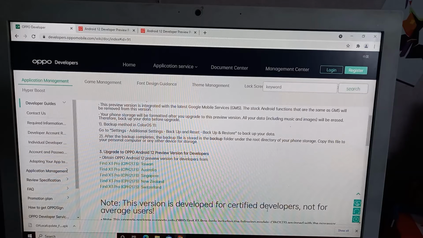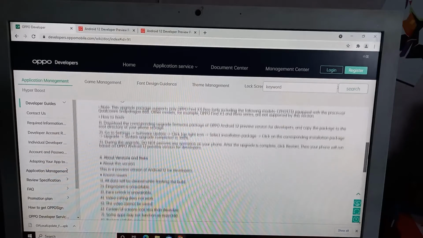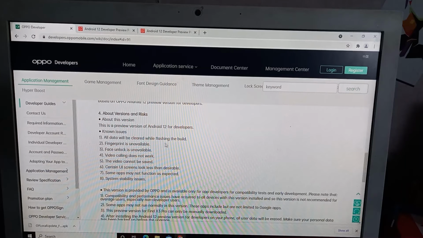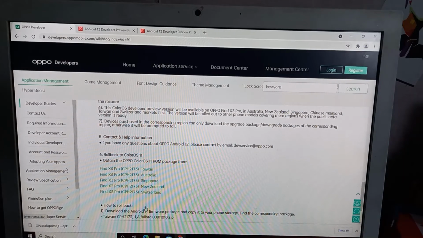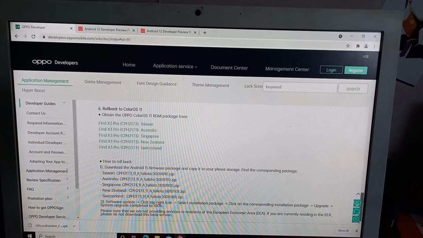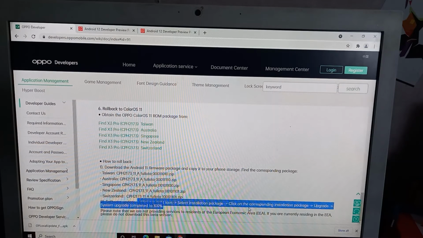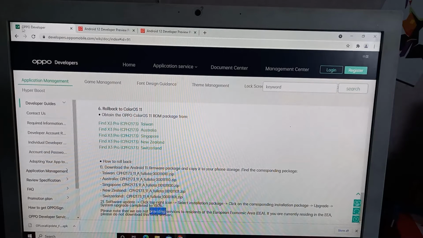And there is also a note: this version is developed for certified developers. Here are some risks: all data will be cleared, fingerprint unavailable, face lock unavailable, video calling does not work, system stability issues. So there are many issues, please install this at your own risk. Here are download links, and some instructions on how to manually install Android 12 for your Oppo devices. You can simply download from here, and they have also mentioned instructions which you can follow to install Android 12.